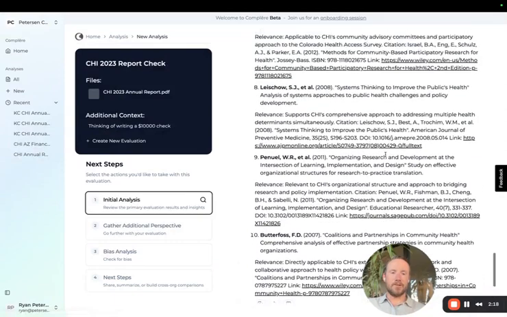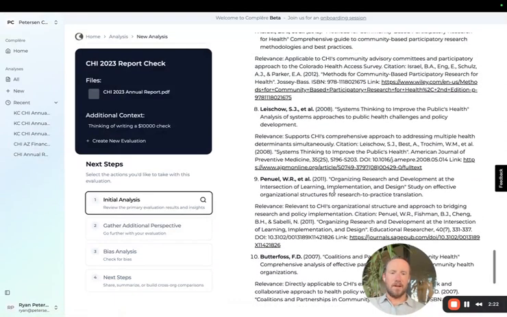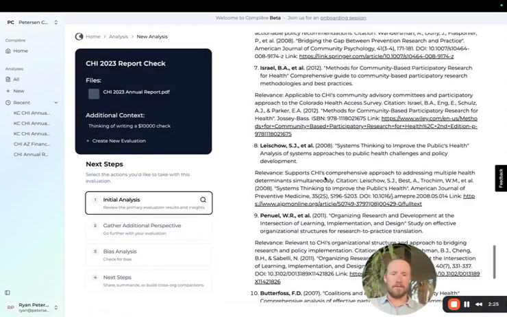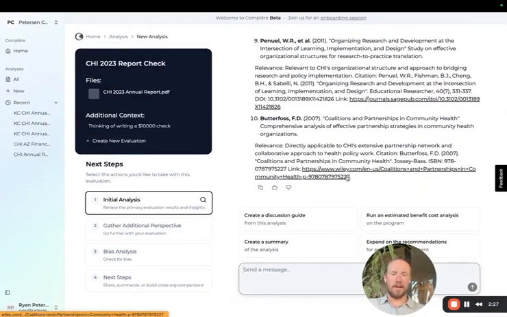If you run into issues where that link is broken, please use this feedback button and let us know. It's an issue we're trying to watch out for as the AI populates the link. What I want to highlight here is just the continuation of the prompting. So you can either